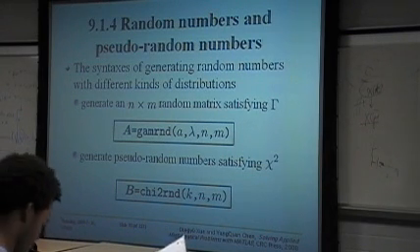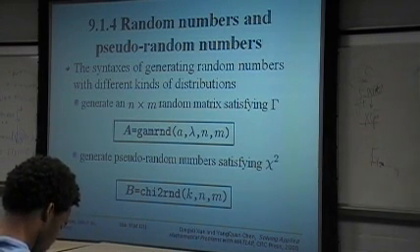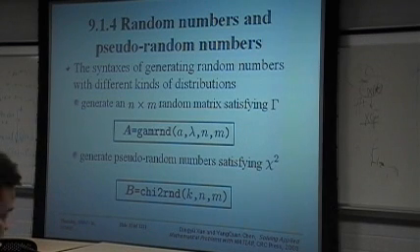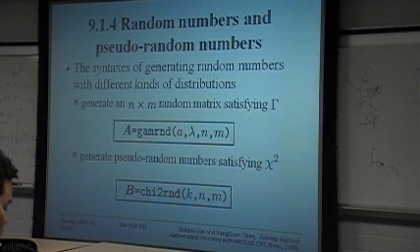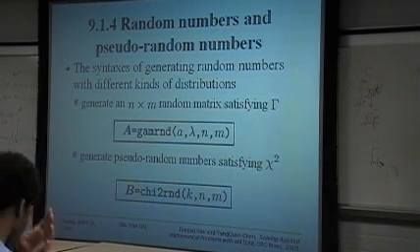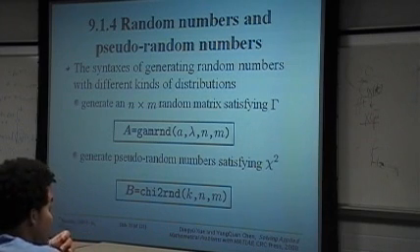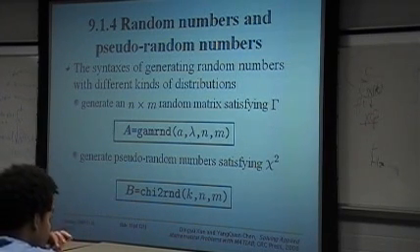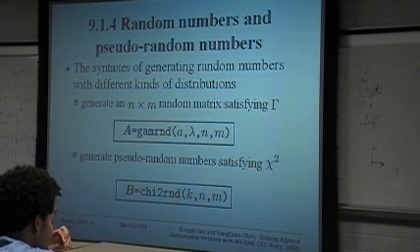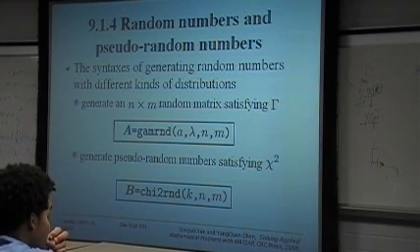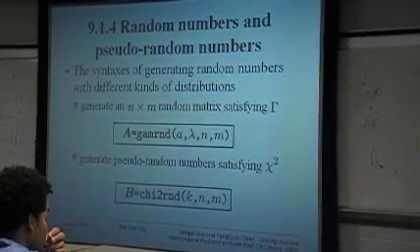So how do we generate random numbers? Real random numbers can be obtained by electronic devices. These are real random numbers. There are certain limitations in using real random numbers. One is that the random numbers generated in that way by electronic devices cannot be repeated.